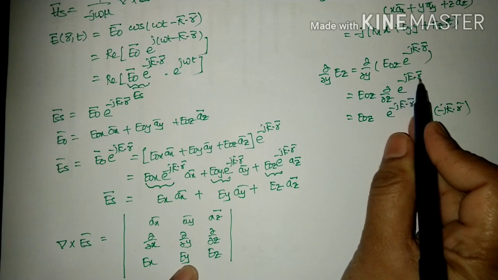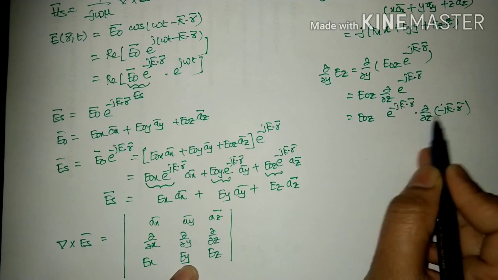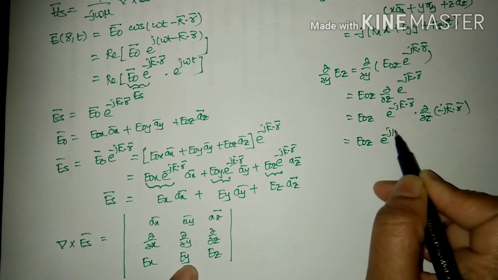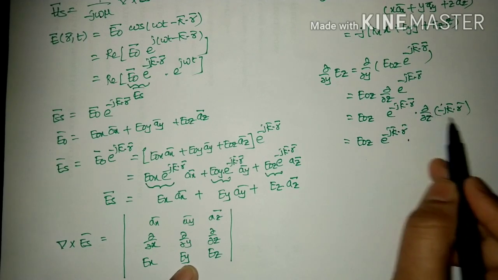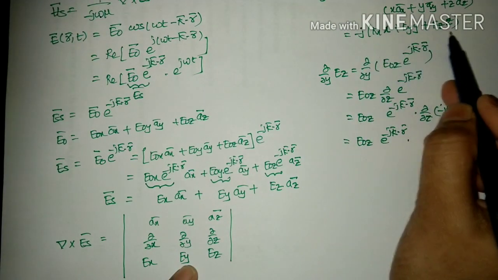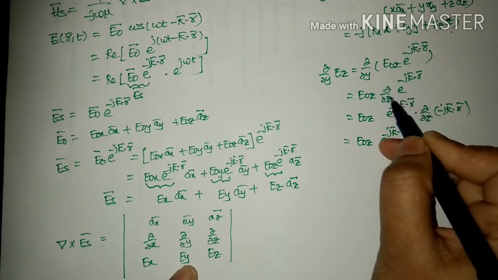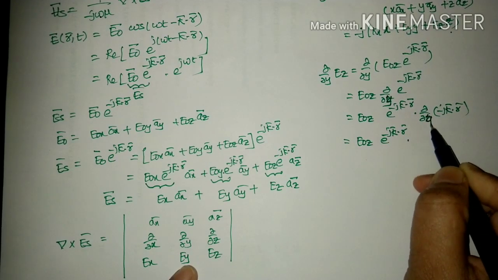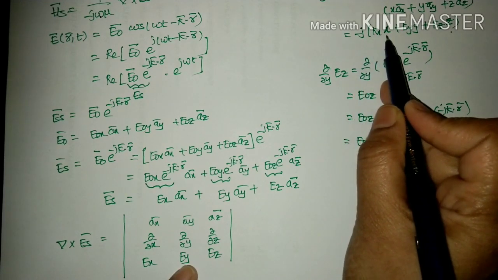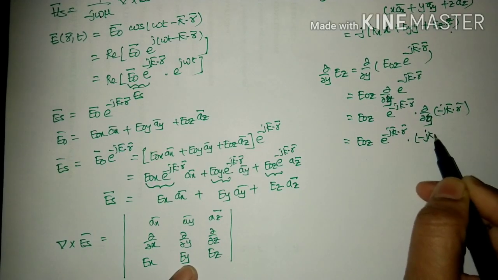So differentiation of e power something will be equal to e power something into dou by dou z of that something. So you will get EOZ e power minus j k bar dot r bar into dou by dou z of minus j k bar dot r bar. Minus j k bar dot r bar is what you got. Differentiating with respect to y, since you are differentiating with respect to y, you will be left with minus j ky. So you will get minus j ky,